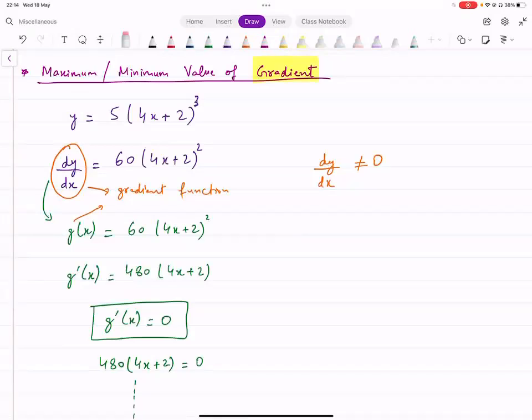Or minimum value of a gradient. So basically gradient की maximum या minimum value आपसे पूछ रहे हैं. So for instance, let's say they give you a curve like this, dy over dx. They give you a curve like this, y equals 5 into (4x plus 2) whole raised to power 3. आपको curve दी, आपसे कहते हैं इस curve में जो gradient, इस curve का जो gradient होगा वो, how do you do that? If you were to define the derivative of